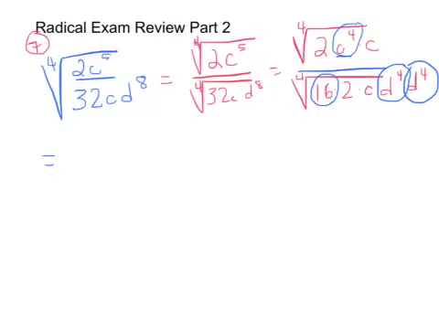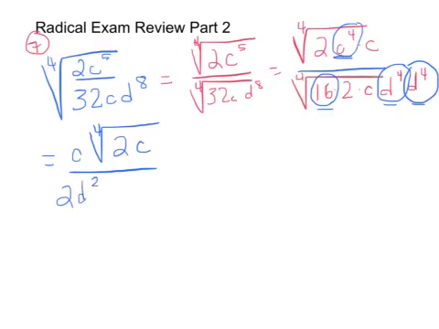I'm going to take the fourth root of c to the fourth, which is c, bring that outside this radical sign, and what's left underneath is 2c. In my denominator, I'm going to take the fourth root of 16, d to the fourth, and d to the fourth, so I'm going to have 2d